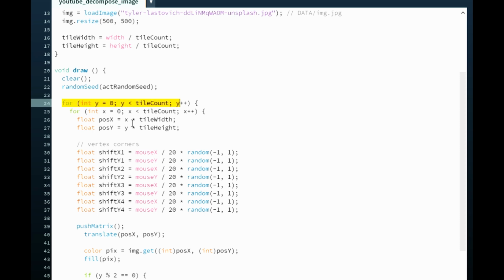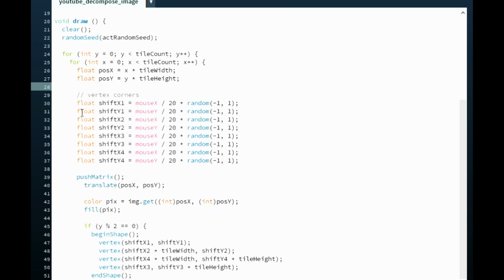And we're going to multiply X by the width of the tile. And remember, the width of the tile is the width divided by the tile count. We'll talk about this later. This is kind of just shifting, but this is kind of our grid. So basically the rest of this code that you see here is the thing that we're doing to each tile